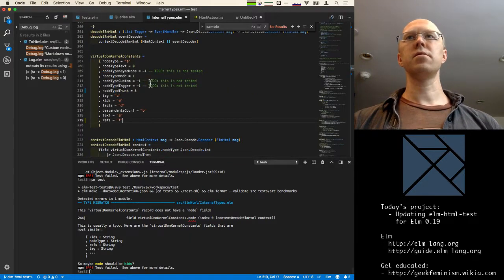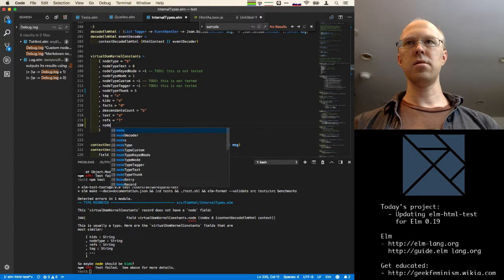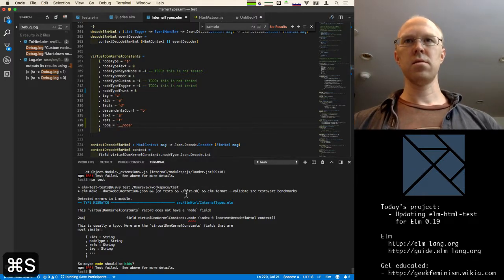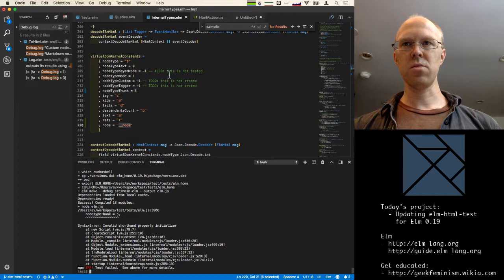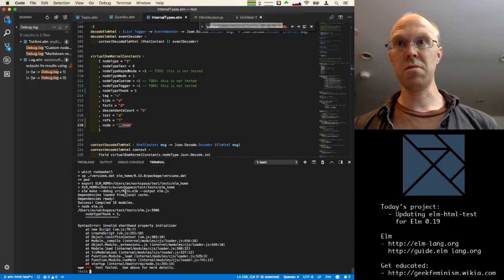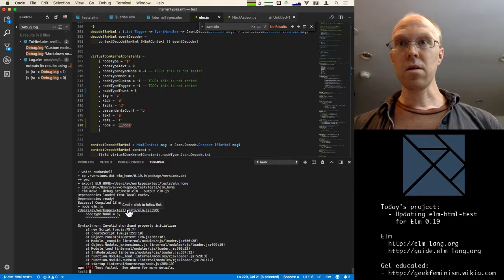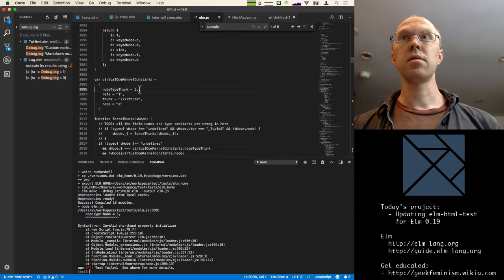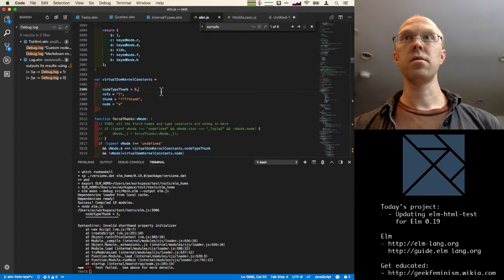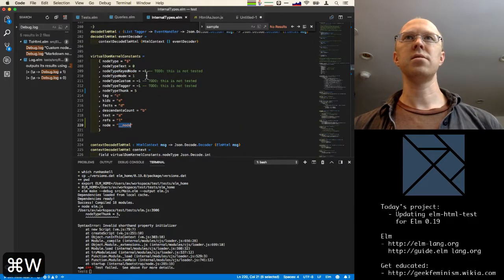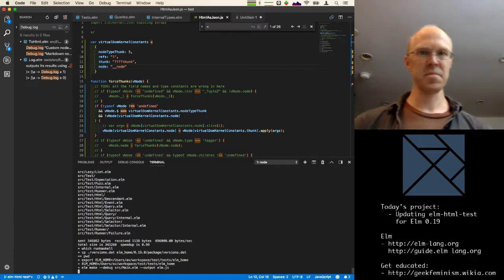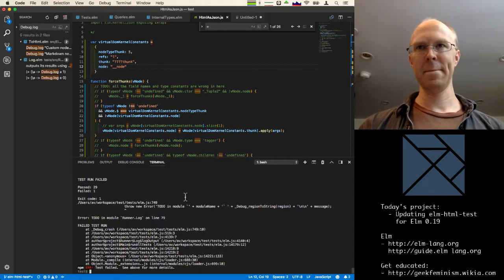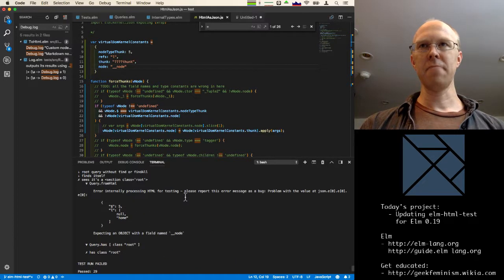All right, then in internal types, we don't know what node is yet. Or we don't know the real value of the node field name, but we're kind of generating it ourselves, so this should be fine, I think. All right, then this code is not correct. I'm typing Elm code in JSON, so this should all be colons. Okay,